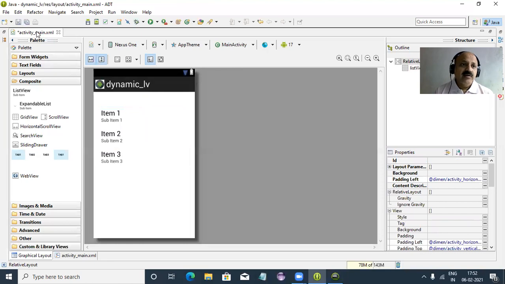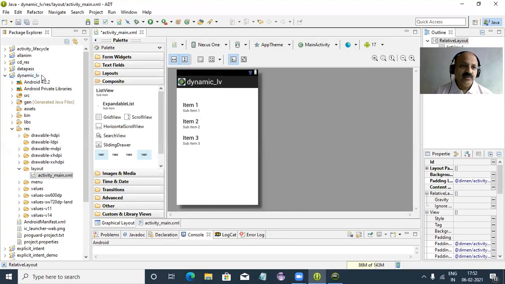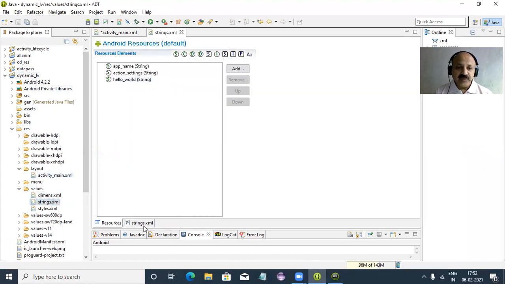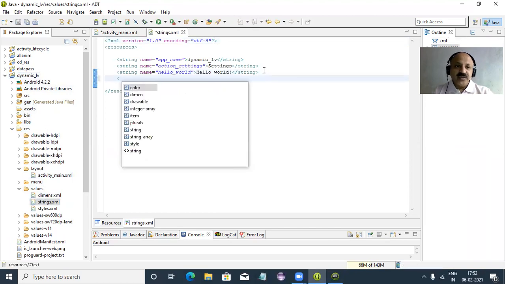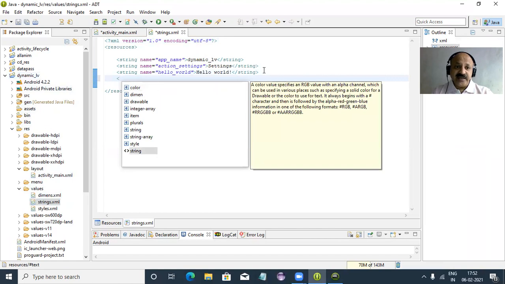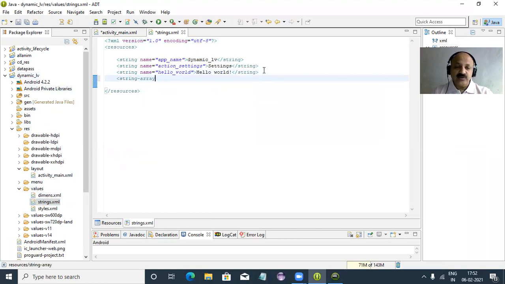Now we can assign our list. That is in the res folder, resources, then the values folder, and then the strings.xml file. In this file, we have our Hello World, our app name, the menu name settings, all are there. Now we take a string array, which is also a resource, and we give the name of that array.